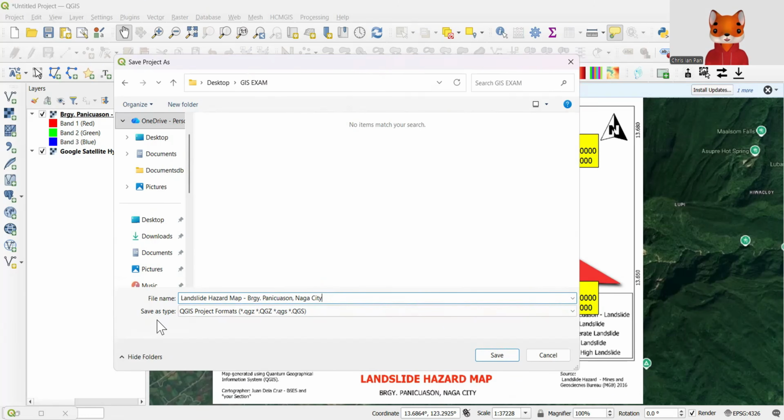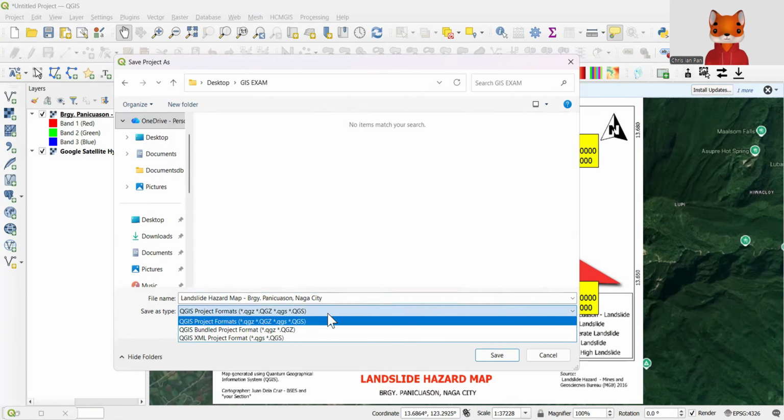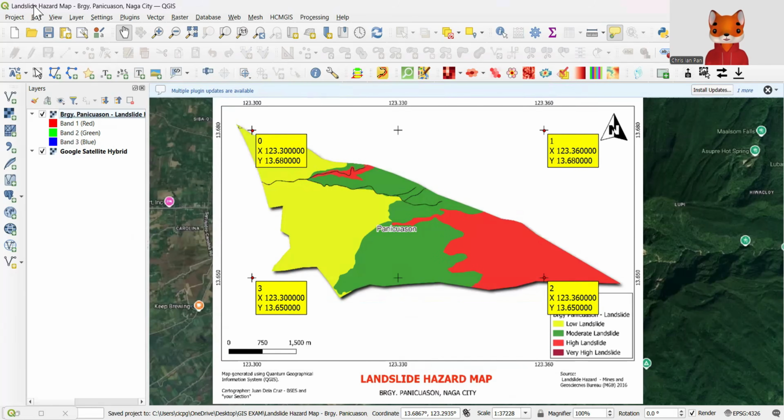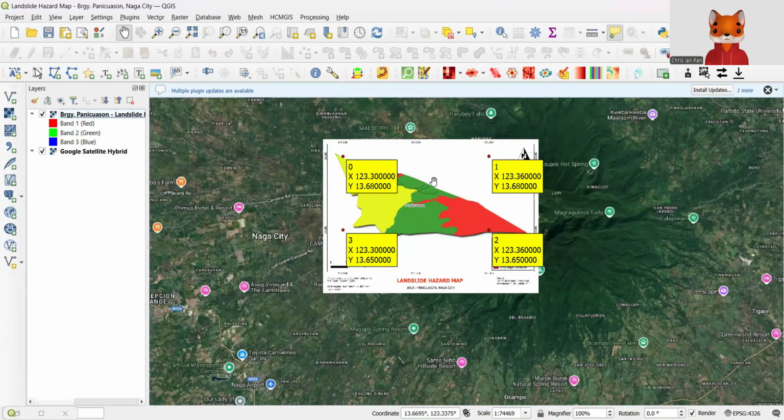Once you type that, you check your save as type. That should be QGIS project format. Then you select save. Once your file is saved, on the upper left, your file name should show landslide hazard map, Barangay Panikwasan, Naga City.